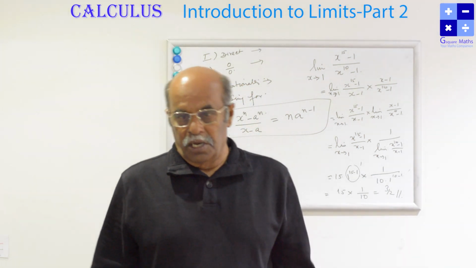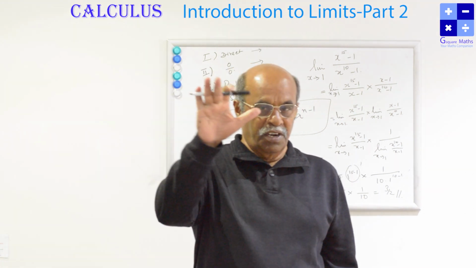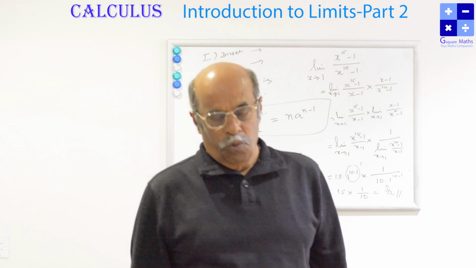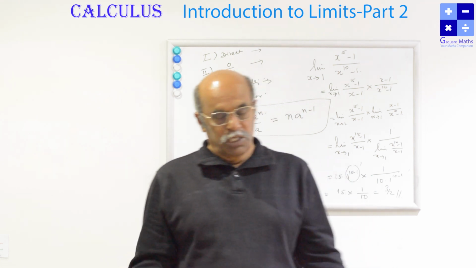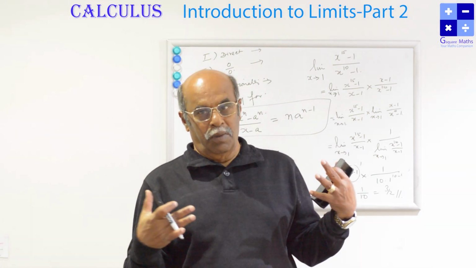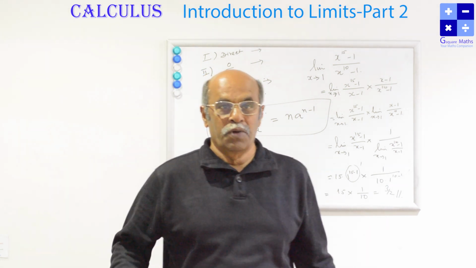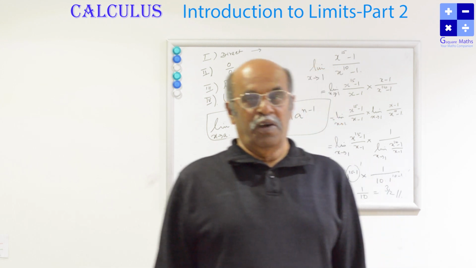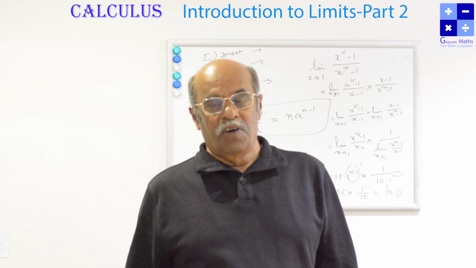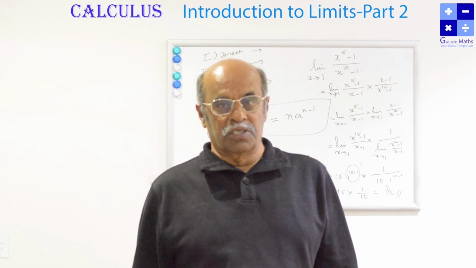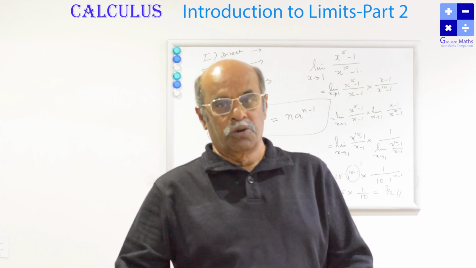So to sum up, my dear children, today we have seen how to evaluate limits in 4 different ways. One is the direct method, another is the 0 by 0 form, another is rationalizing, and the fourth is using the formula of the nature x power n minus a power n by x minus a as x tends to a. So these are the 4 methods. Another thing we are going to see is that if a function is a trigonometric function, a logarithmic function, an exponential function, any type of function, we can evaluate their limits. That we are going to see in the next class.